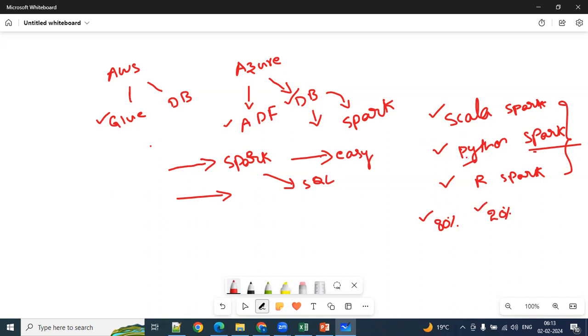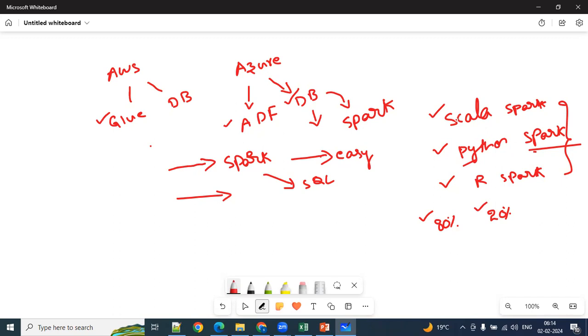Because they started using Python anyway. And it is user friendly. And of course, it is open source. So that is the reason why I have chosen PySpark here. Of course, I worked on Scala Spark also. I have almost 2.5 years of experience on Spark, mostly on Scala Spark. But I started adopting Python as well. I just started adding Python to that.